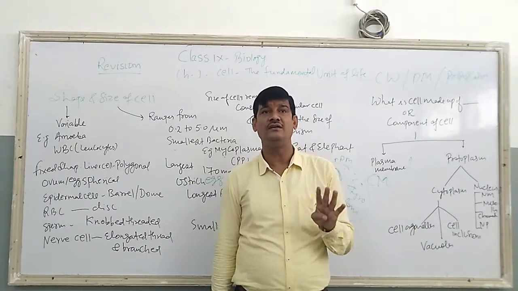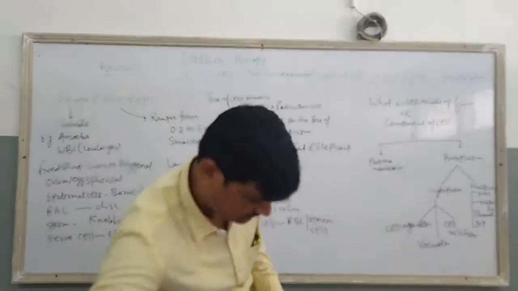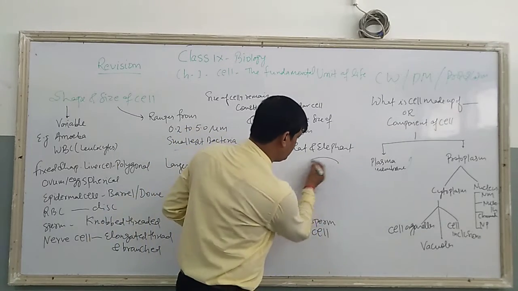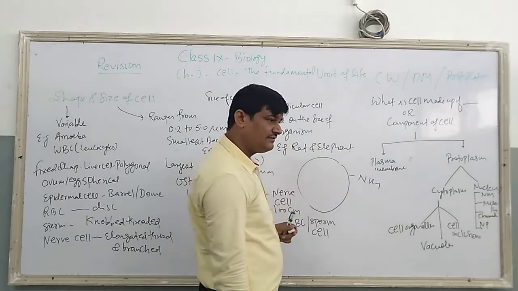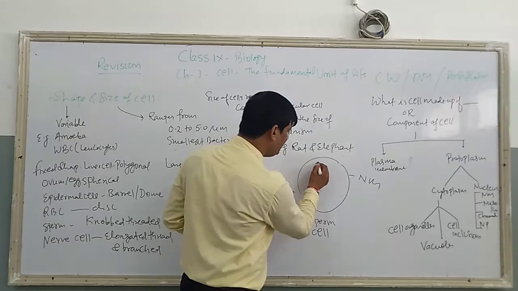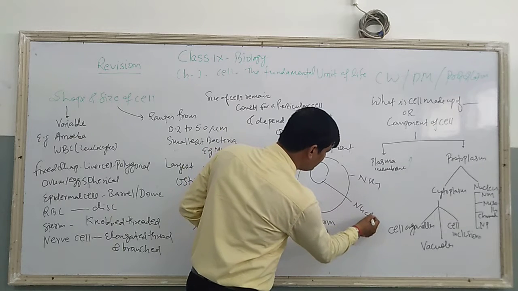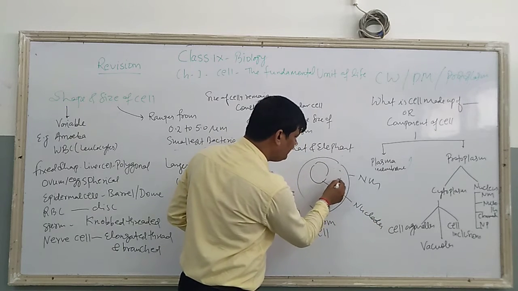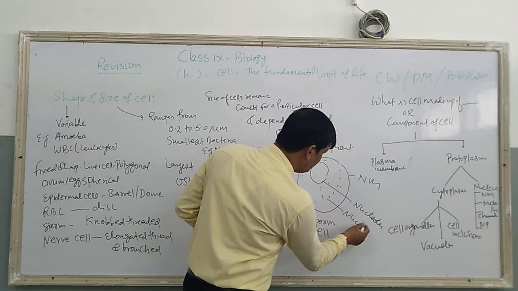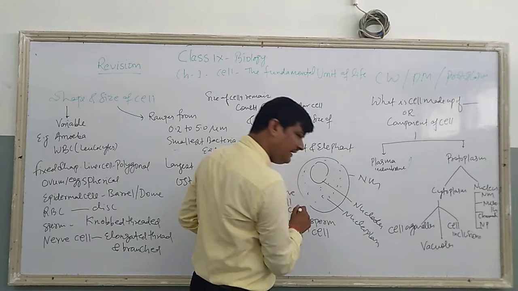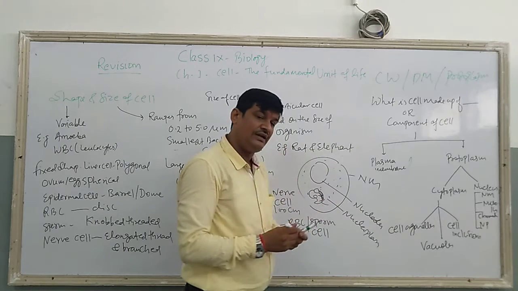It has four regions. One is the nuclear membrane. The outermost layer of the nucleus is known as the nuclear membrane. It has a subspherical body inside the nucleus that we call the nucleolus, and this region, which is a viscous, jelly-like fluid, is known as the nucleoplasm. And in the nucleoplasm, you find some thread-like structures that we call the chromatin fibers.